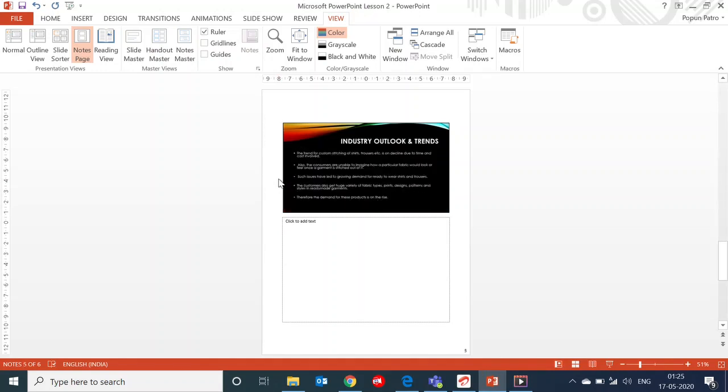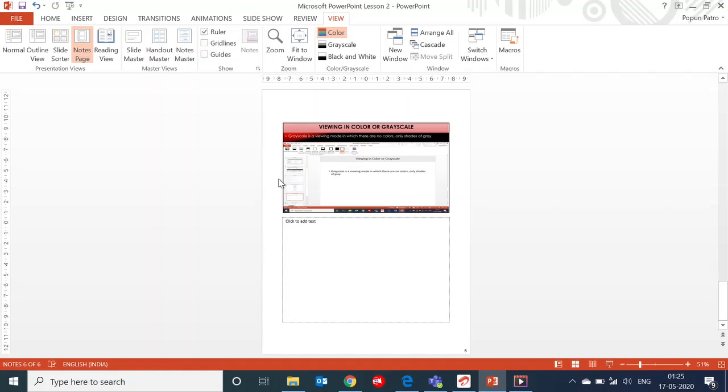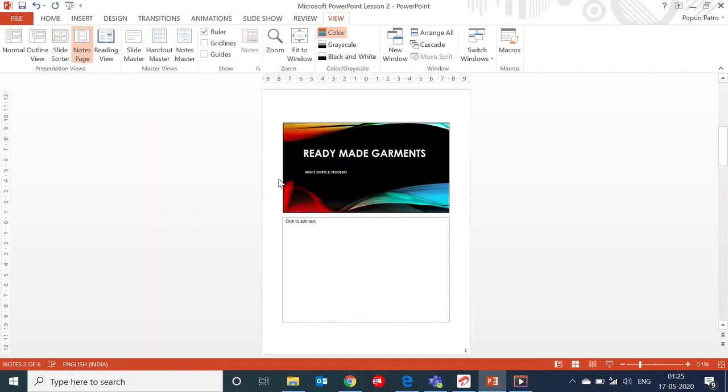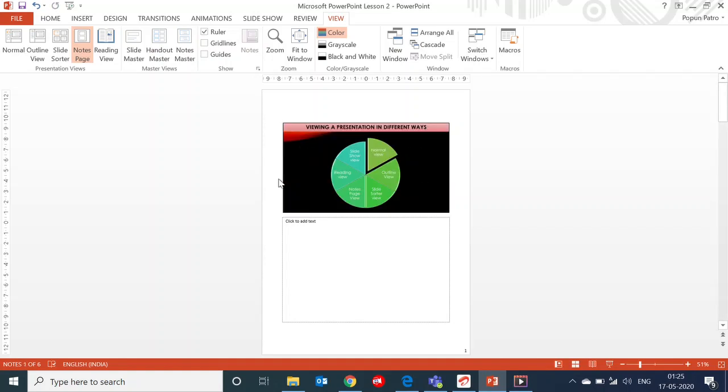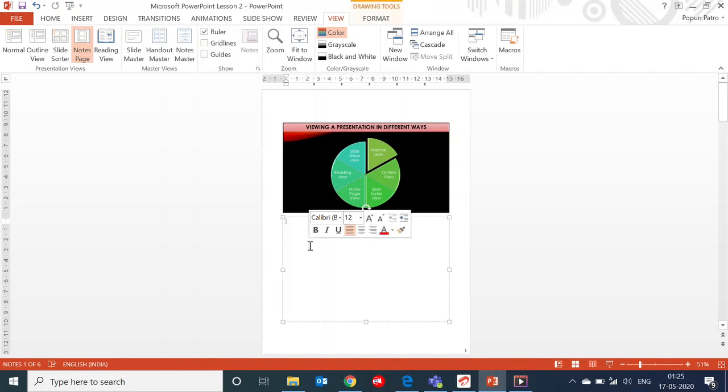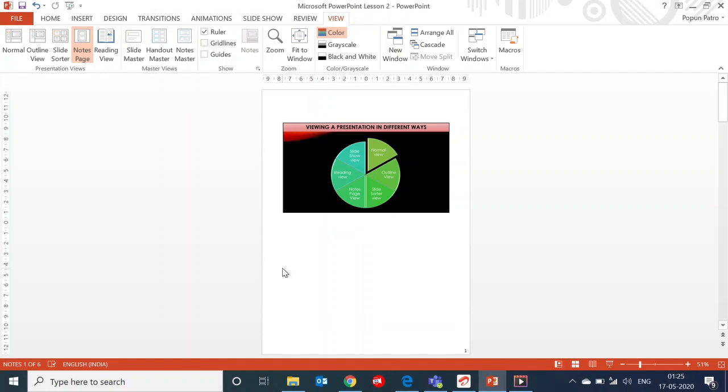When you press your arrow keys, all your slides are shown. An option is given for you. You can type anything here in note page view, or you can delete this one. You can also delete this one in note page view.